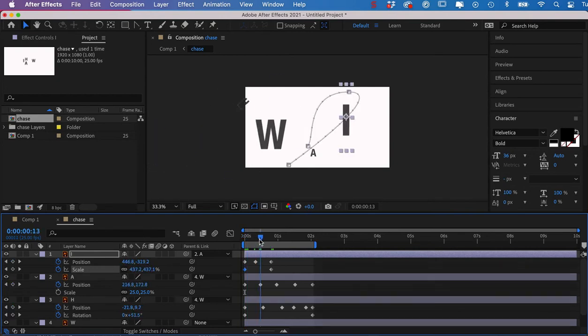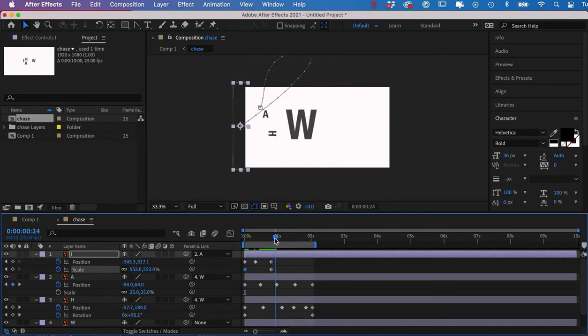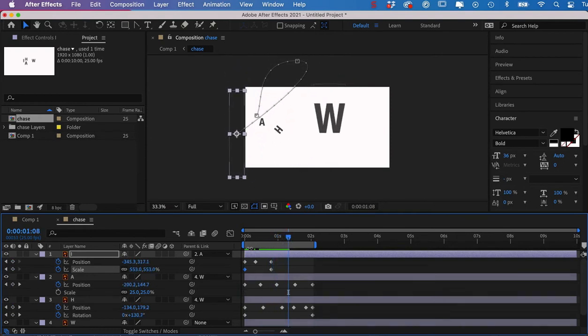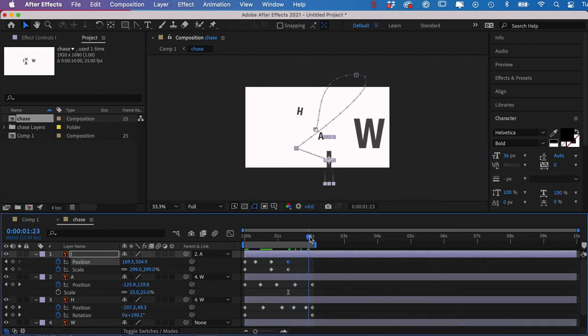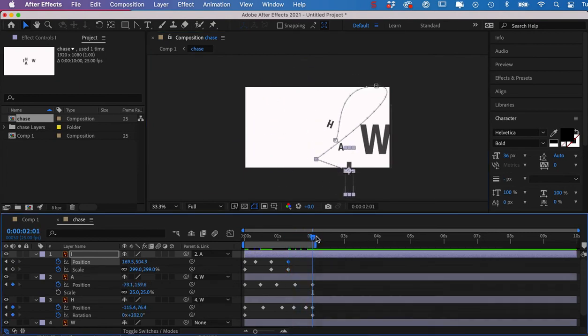So as it moves, it's going to scale up. Move along a bit further, and I'll scale it back down a little. Position, bring it back on, take it to the end,